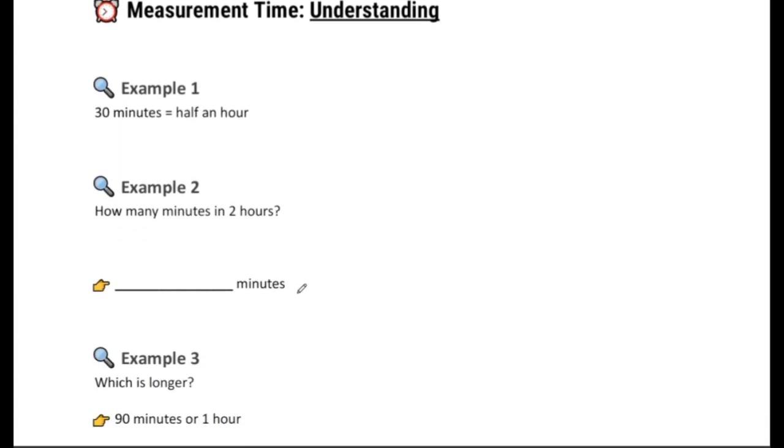Now, let's double check our understanding. First example, if there's 30 minutes, that's going to equal half of an hour. So, how many minutes are in 2 hours? So to solve this, we find out from our memory how many minutes are going to be in 1 hour. So we can recall that there was 60 minutes